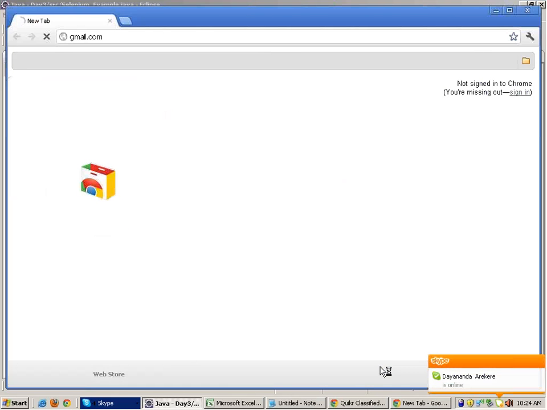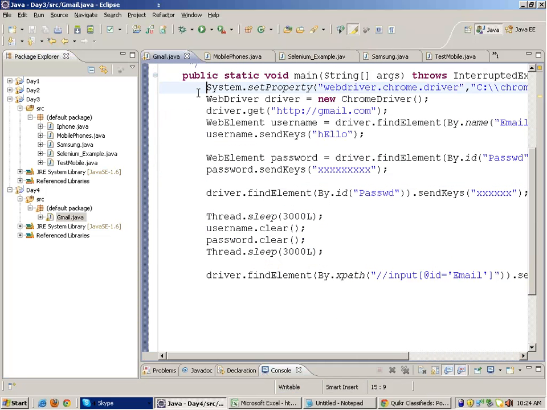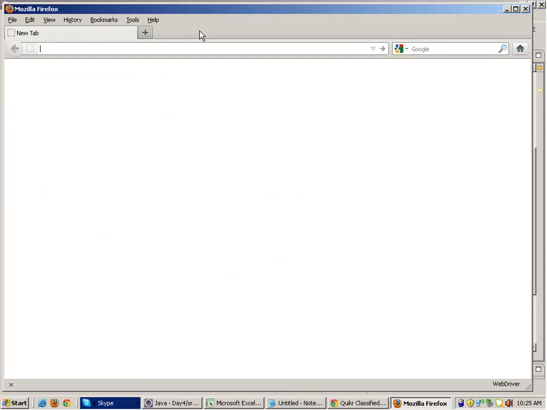Just a minute. I'll just run gmail.java again. I will not use Chrome over here, I will use Firefox driver. So when Selenium opens up Firefox, it also creates a new Firefox profile, and it opens that profile